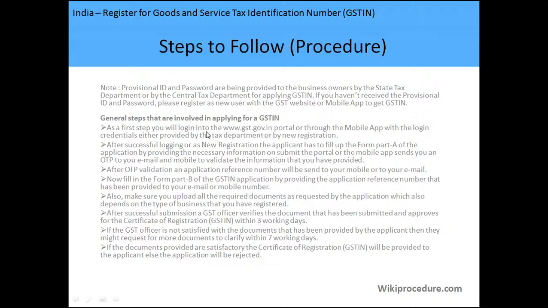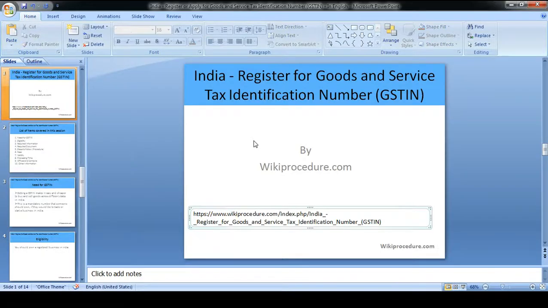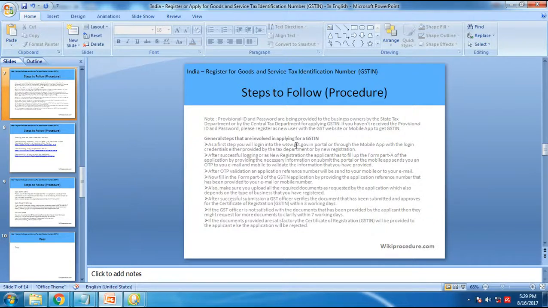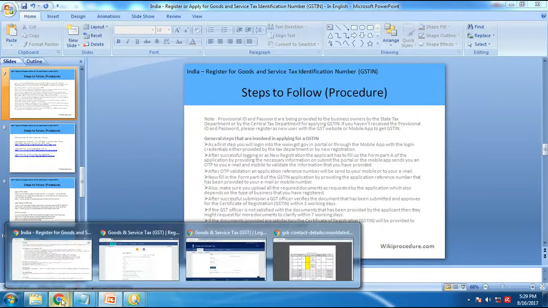Now what I'm going to do is show you what you have to do if you have a provisional ID and password, or if you do not have a provisional ID and password. So if you have a provisional ID and a password, you access this portal that is listed here,